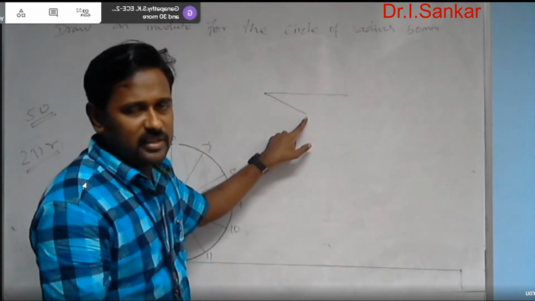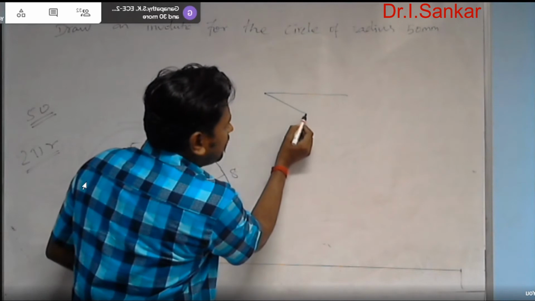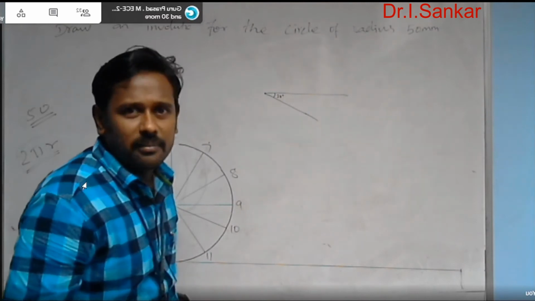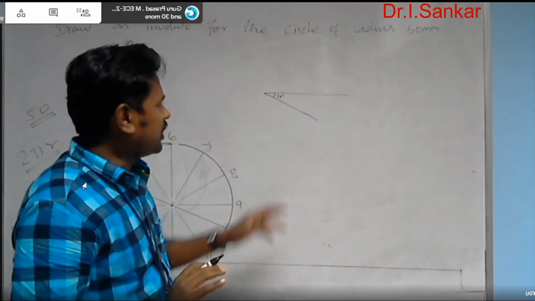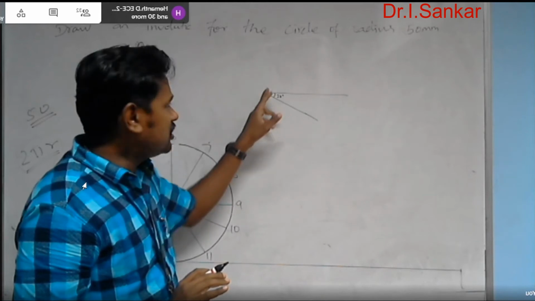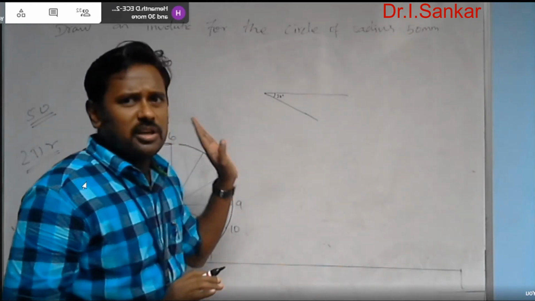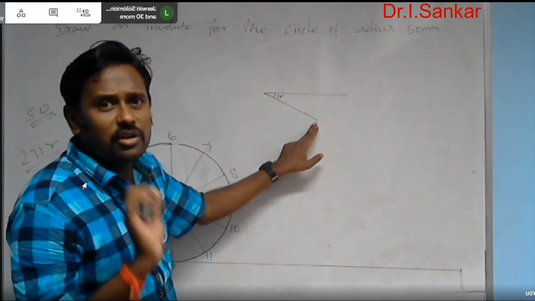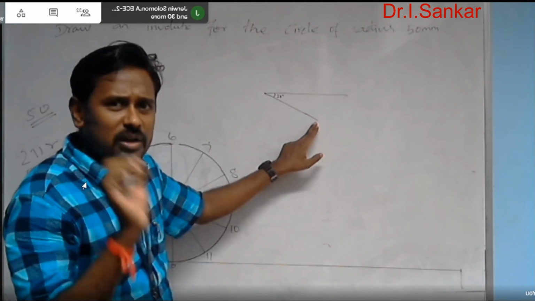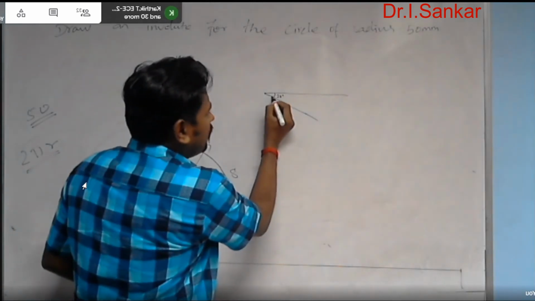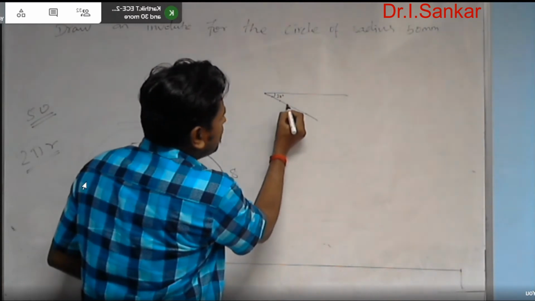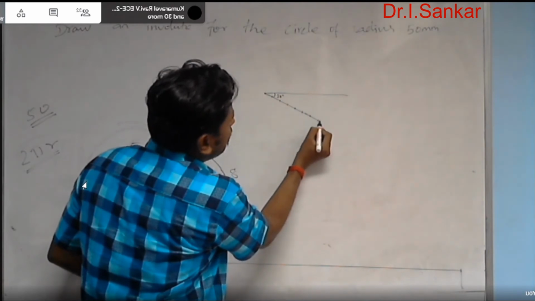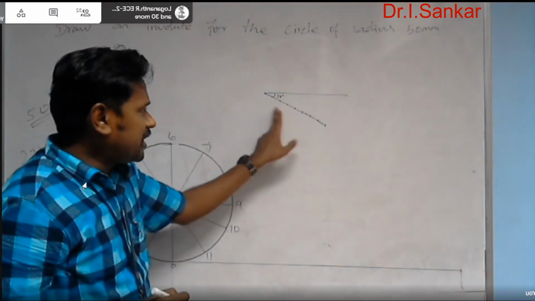Say 80 mm. So with the 80 mm length, I am drawing a line which is approximately inclined at 30 degrees to the object line. Approximately. You can draw anything from 0 to 90 degrees, but 30 degrees will be an optimum value. So with approximately 30 degree inclination, you have to draw a line with a known length which can be split into 8 equal parts accurately. Okay, so say 80 mm. So I split it into 8 equal parts.